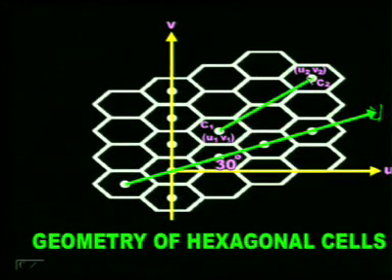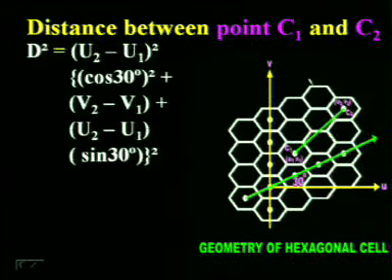How will you calculate? If we can calculate the distance between C1 and C2, we may find out the larger structure for these cell constructions. Let us see how to calculate the distance between C1 and C2. The distance between 2 points, which are the centers of cells, and these points are C1 and C2. According to coordinate geometry, the distance between C1 and C2 we say d,